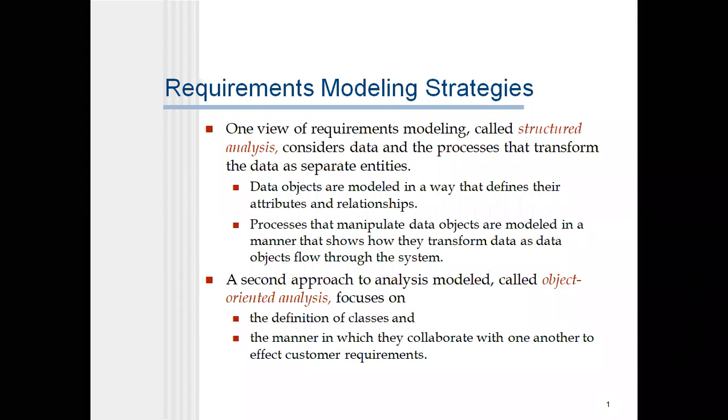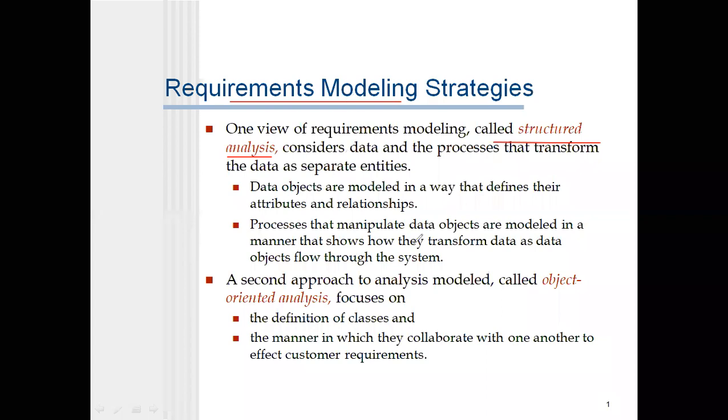Okay, among them, one of the requirements modeling strategies is called structured analysis. Here we are going to learn three requirements modeling strategies. Among the three, the first one is called structured analysis.